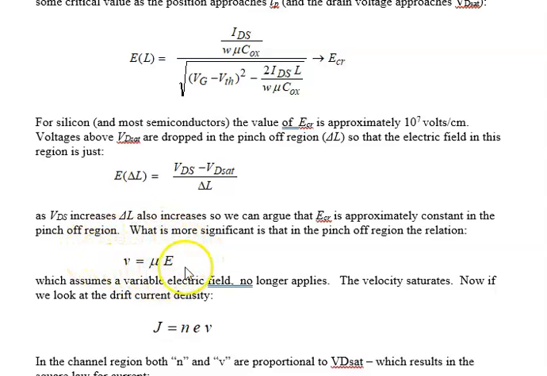This is the important equation right here. And we saw this way, way back when in our first couple of sessions, we had this relationship which we kind of pulled out of a hat, and we said the velocity is equal to the mobility multiplied by the electric field. The higher the electric field, the higher the velocity. And that exactly is what we call an ohmic relationship. The velocity is proportional to the electric field. In Newtonian mechanics, the electric field is proportional to acceleration. In an ohmic situation, the electric field is proportional to the velocity.